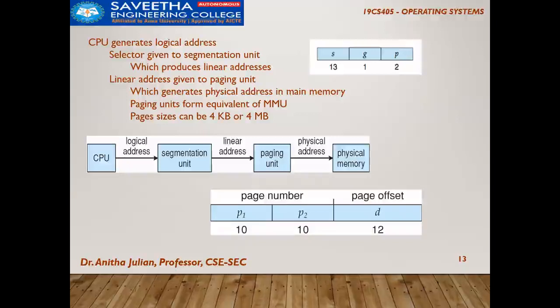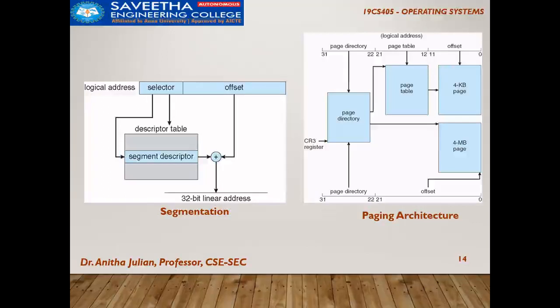Since we are having more than one page within a segment, that is why we are having P1, P2 and so on. So depending on how many ever pages I want within the segment, this table's columns will differ. So segmentation happens first, so that is why we have included the segmentation unit, and then the paging architecture is included. So both separately, so these two will be combined.